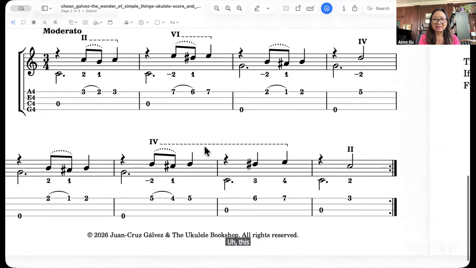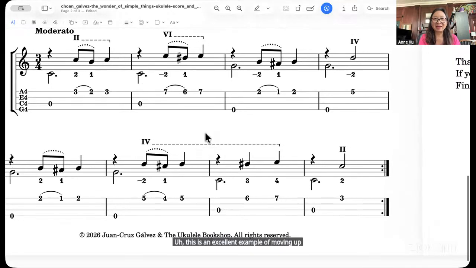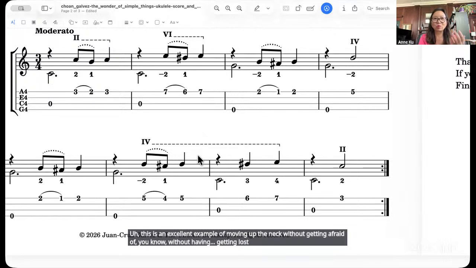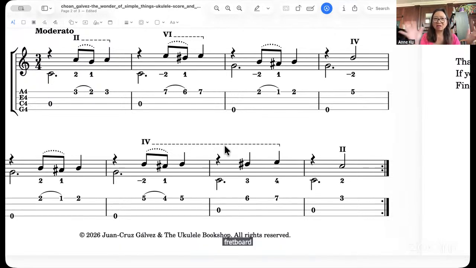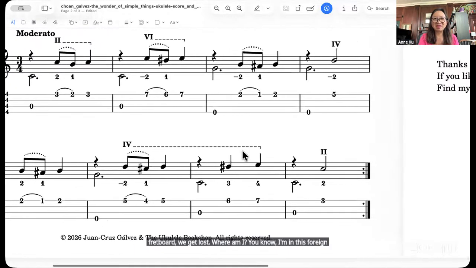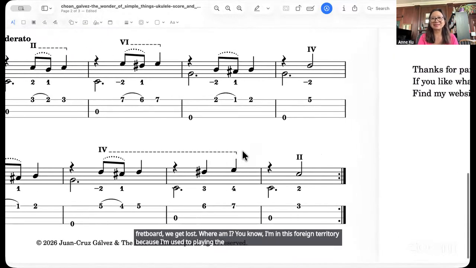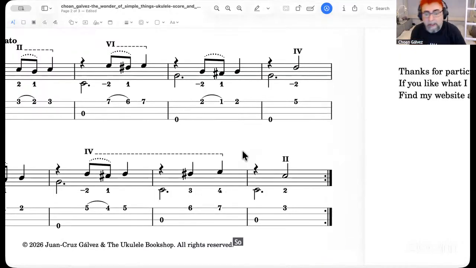This is an excellent example of moving up the neck without getting afraid, without getting lost. Because most of us, when we go up the fretboard, we get lost. Where am I? I'm in this foreign territory because I'm used to playing the first three frets. So, if you allow me a note,